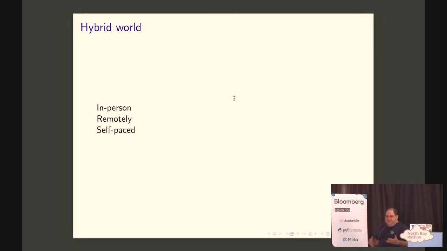And there is a thing that's always been there, the third form of teaching that we also had since more or less the beginning of time, which is self-paced. When I was a kid, we used to call it workbooks or whatever. But you hand stuff to students and they do it on their own.